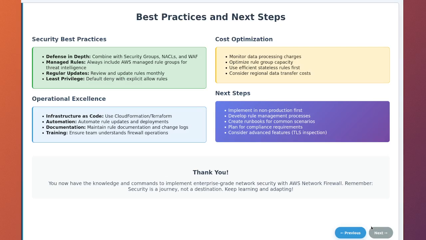Consider automation for rule management using infrastructure as code tools like CloudFormation or Terraform. This ensures consistent deployments and makes changes auditable. Finally, invest in your team's skills. The best security technology is only as good as the people who